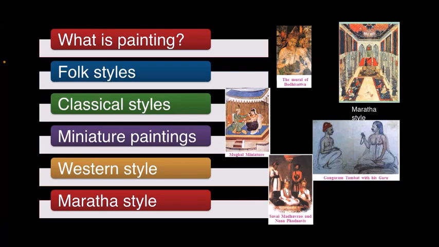Exact portrayal of the object of the painting is one of the characteristics of the European style. A number of renowned artists were trained in the J.J. School of Art and Industry. It was established in 1857, offering courses in European style of painting. Pestonji Bomanji, an alumnus of this school, made replicas of Ajanta paintings.